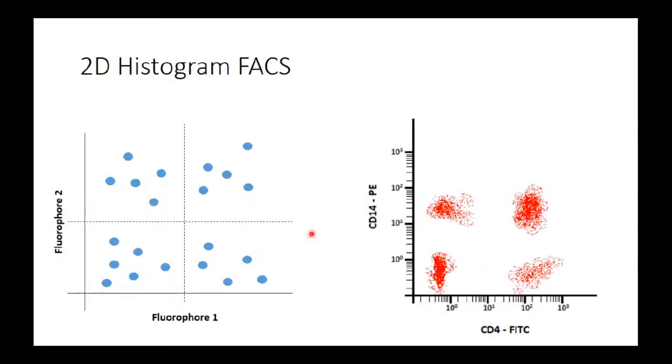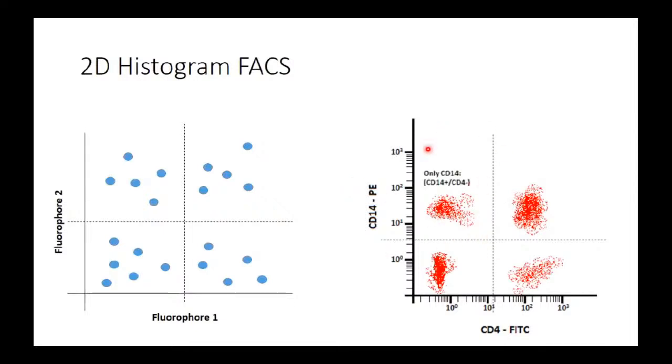And this is ideal to see how cells are shown in the two-dimensional histogram. So these cells, here we are studying two different proteins, CD14 and CD4. We are labeling CD14 with PE, and we are labeling CD4 with FITC. We are labeling them with different fluorophores. Then